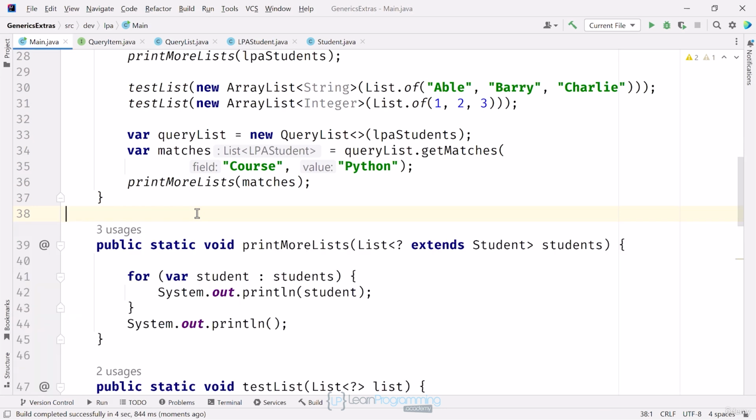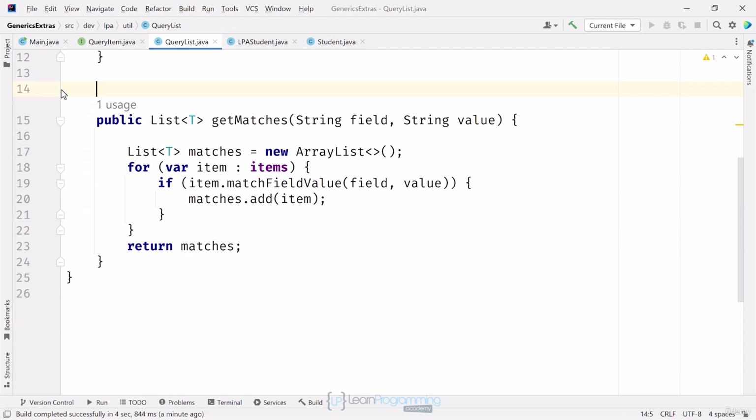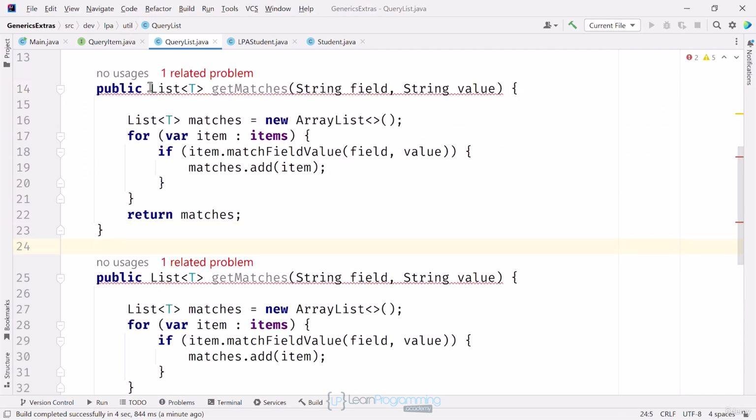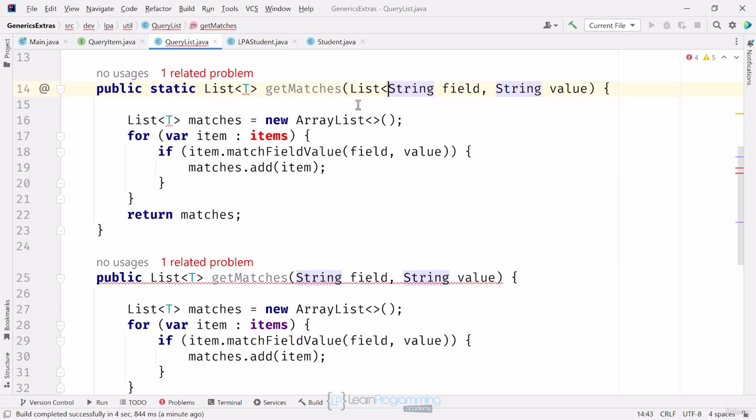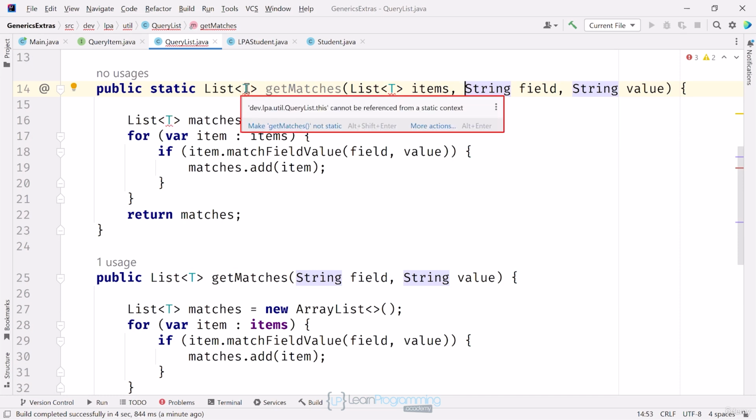So that's kind of fun, but what if I want to use this functionality without using the queryList class itself? Let's say I just want this functionality for any list implementation. Going back to queryList, I'm going to copy the getMatches method and paste it right above. I want this to be static and include a parameter for any list to be passed, items, as the first parameter, which will be a list. Notice that T is underlined in all cases. Hovering over that, IntelliJ gives me the information